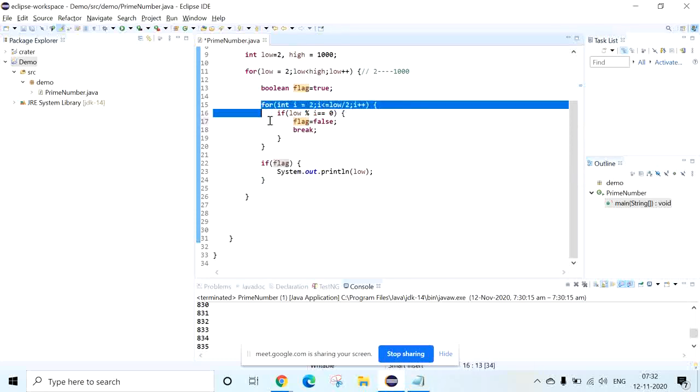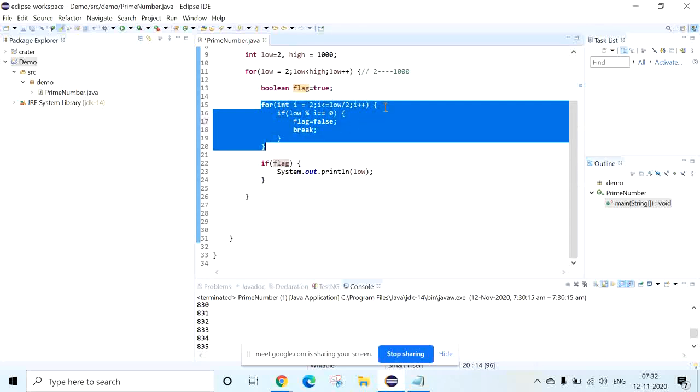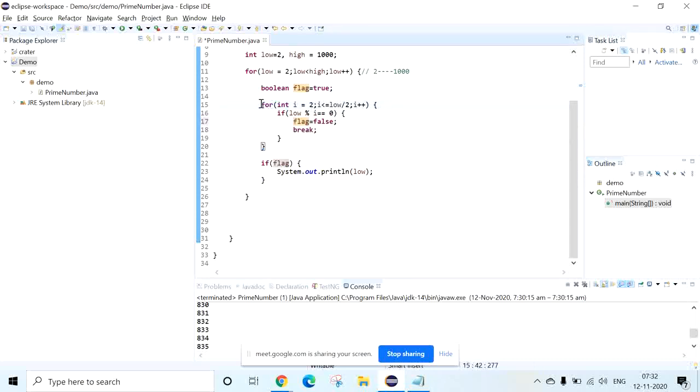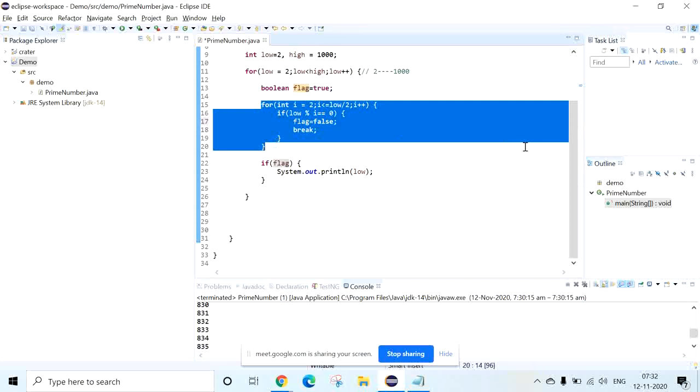See, we are not talking about this for loop. So if you see here, this for loop will end here. Okay. Now you just see the unhighlighted area. Now we are saying flag equal to true. If the flag is true, then it will print.